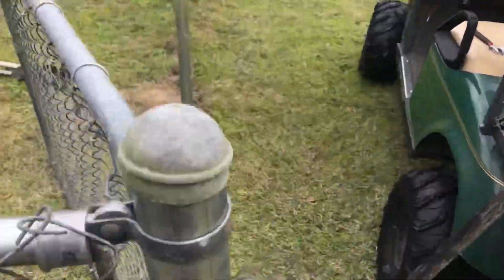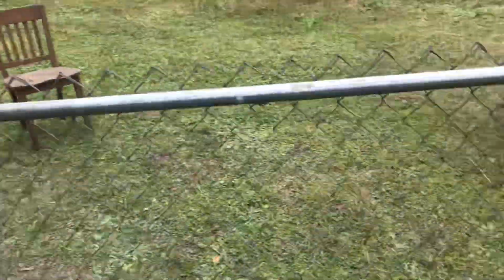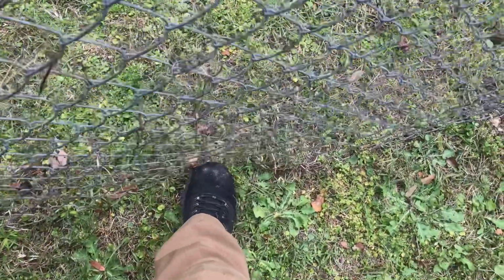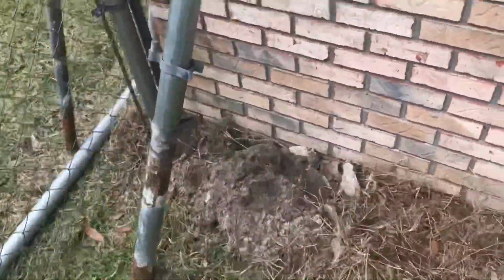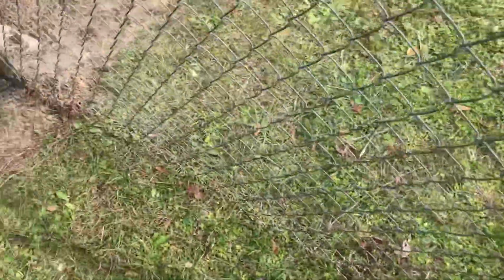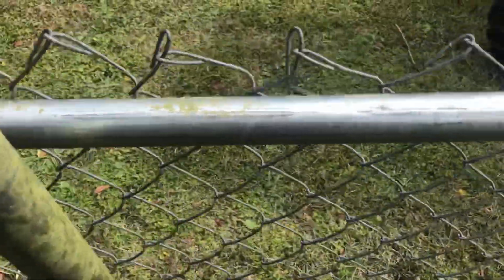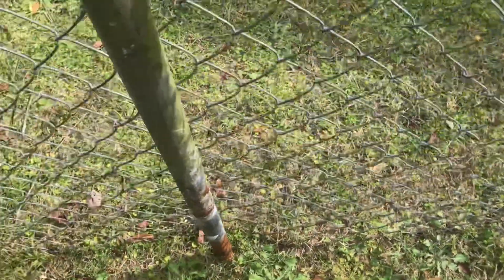I said the top rail was the last thing I got to do. Well, there's potentially a couple more things. I did not plan on additional fence posts for the short little structure such as this. However, if this becomes an issue where you can push out of this or whatnot, after I get it secured from the top with these wires, I could put an additional fence post at a later time. What I would do at this point, since it's just for little dogs, I would find the middle point in this fence. I would hammer this into the ground to where the top is even with the post, with the top rail,